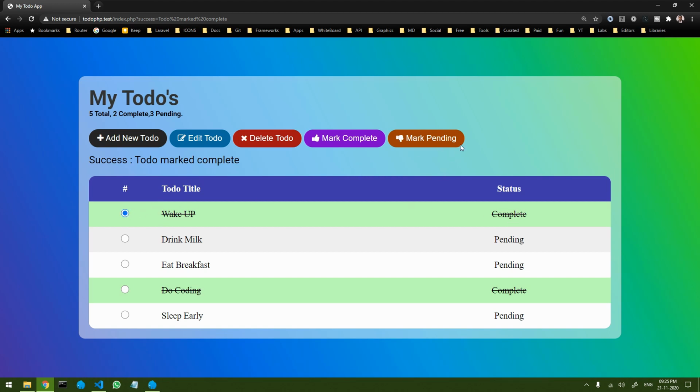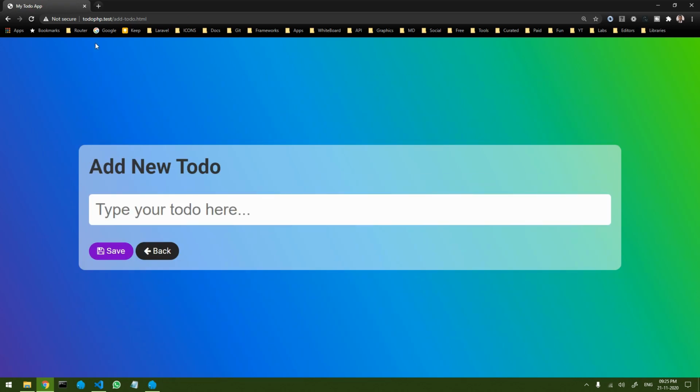Similarly you can mark anything pending. Similarly you can edit, delete, and add a new to do, which takes you to a new form where you can create new to dos.